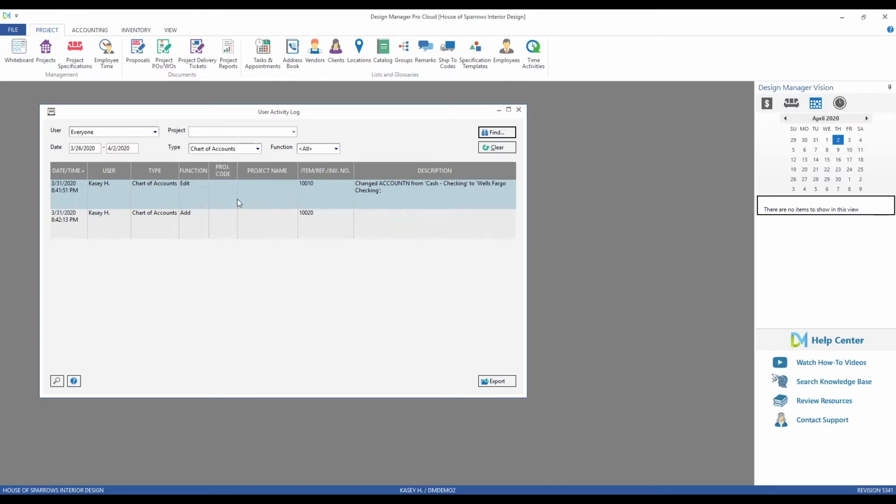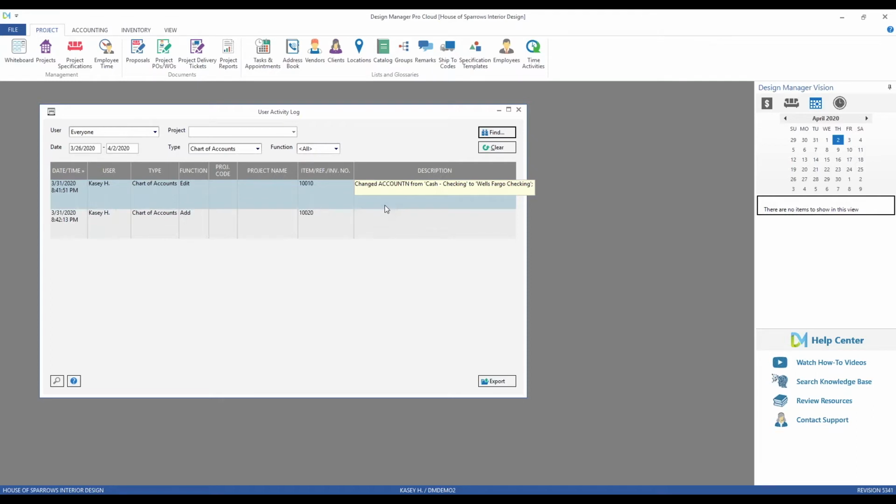Now, this is going to lead us to two different topics, which we'll explore more deeply. First is the concept of the function itself. I can see it add editing and adding, and we can see all the associated functions as our function menu as well. It also leads to the concept of the activity description. Now notice I can see that the account name was changed upon this edit. So what's going on is ProCloud is unobtrusively recording any changes, alterations, additions, deletions that occur at each and every moment. And upon doing so, it writes a short transaction